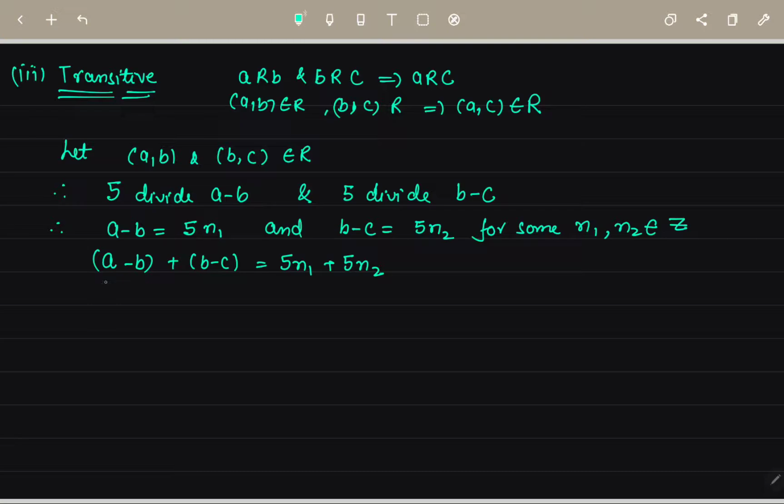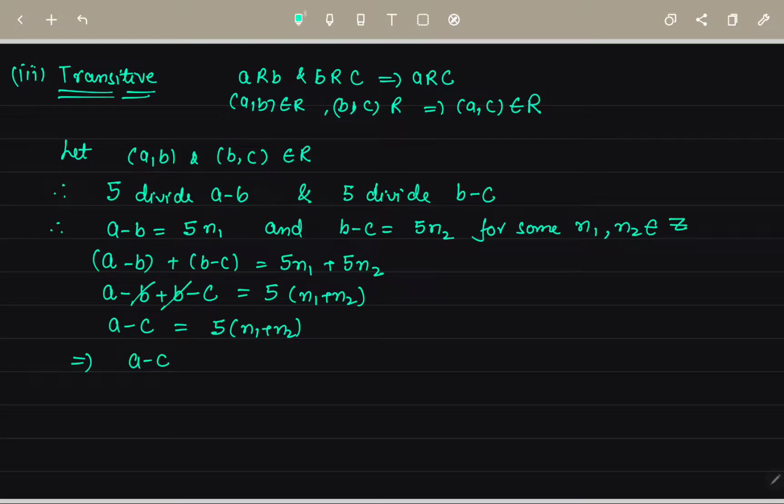सो इसको फर्दर सॉल्व करेंगे तो हमारे पास आ जाएगा a माइनस बी प्लस बी माइनस सी, यहाँ से b और b कैंसिल हो जाएगा, 5 कॉमन आ जाएगा, ये n1 प्लस n2 हो जाएगा। सो यहाँ से आएगा a माइनस सी जो आया वो किसके इक्वल आया 5 टाइम्स n1 प्लस n2। सो यहाँ से क्या शो हो गया, अगर ये 5 इसके डिनोमिनेटर में लिखेंगे तो ये बन जाएगा कि जो ए सी है वो किससे डिविजिबल है, 5 से है। तो हम लिख सकते हैं ए सी इज डिविजिबल बाय 5, और वी कैन से 5 डिवाइड्स a माइनस सी। सो ये भी टर्म हमारे पास आ गई। सो दिस इम्प्लाइज ए सी बिलोंग्स टू आर।